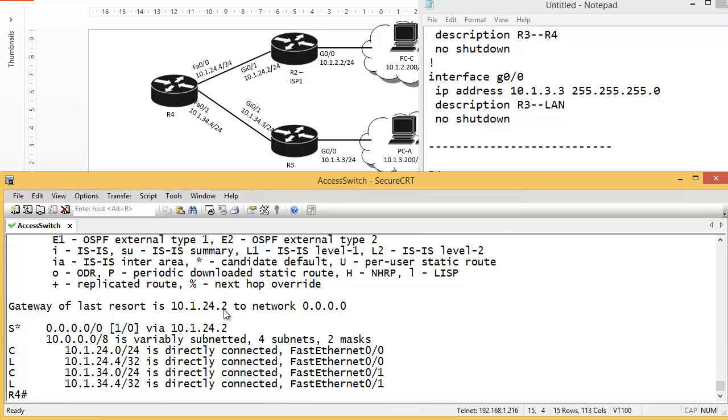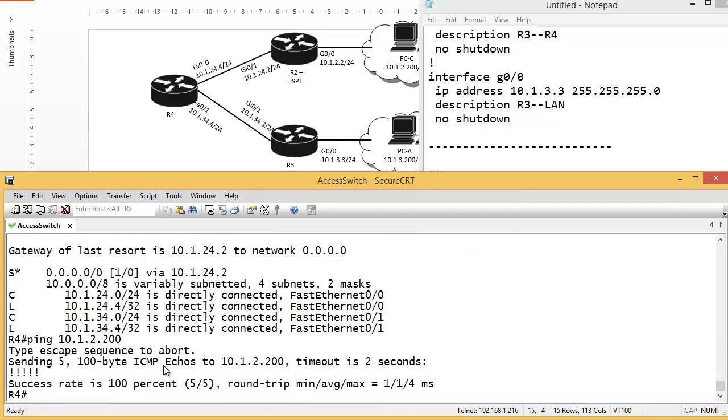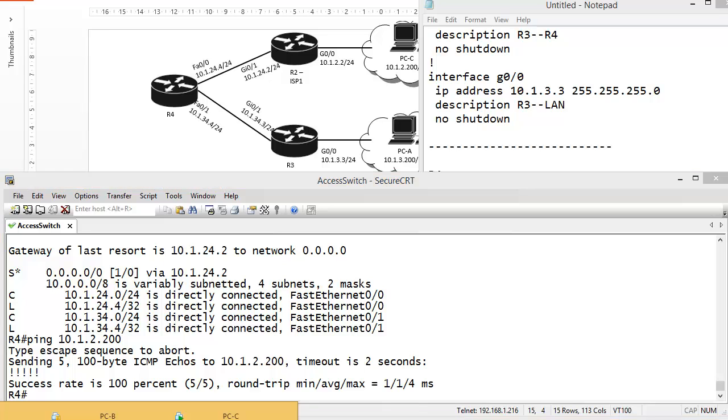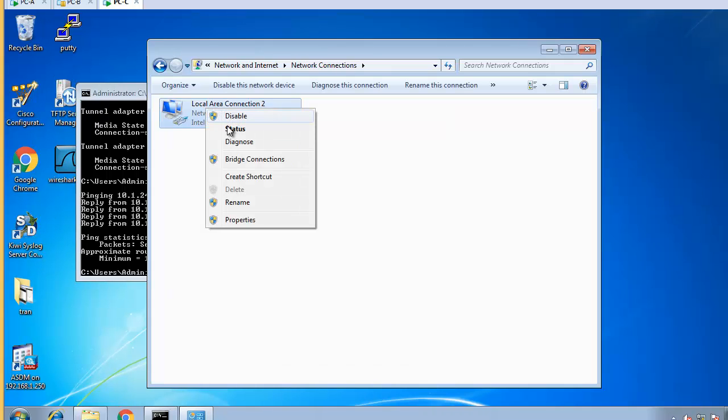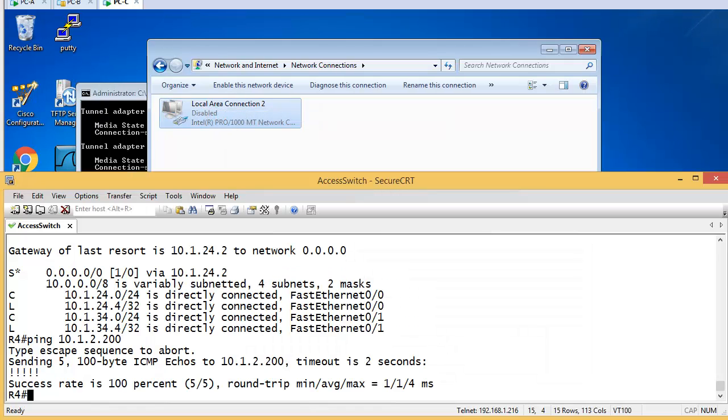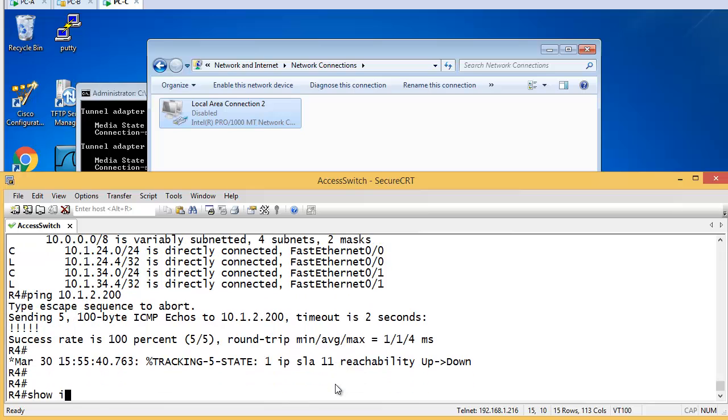Now if I ping, for example, 10.1.2.200, now you can see that it's fine. If I stop, for example, PCC, I disable its network card, then we're going to switch to the backup link. From the primary link, we're going to go to the backup link. So if I go to PCC, this is my PCC, go to the network card, and in here, I disable this. Go back to the PC, to router 4. You'll see the tracking very soon is going to come saying, okay, the tracking down, and the routing table will change. So show IP route,